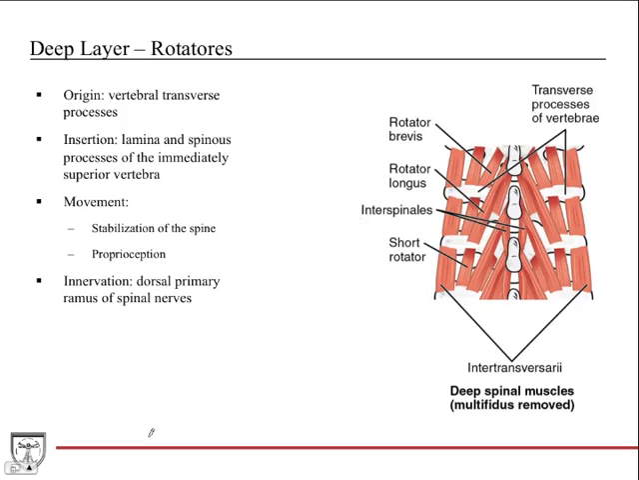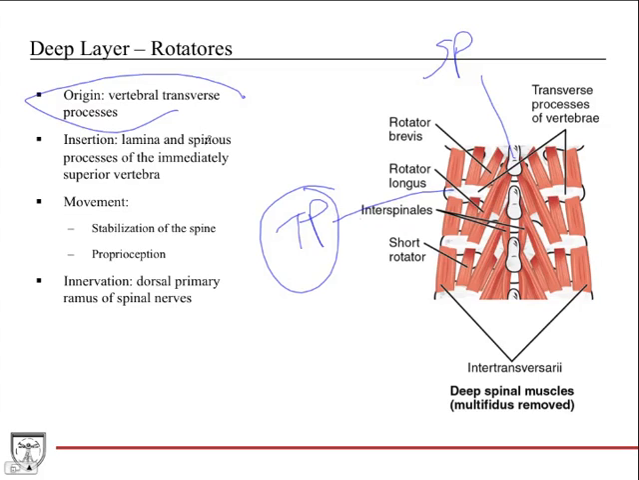Rotators. This is a zoomed in picture here, so these are your TPs, your transverse processes. These are your spinous processes, okay? So these are very deep muscles within the back, or within the spine. They originate from your transverse processes, so here, and then they insert on the lamina and spinous processes of the immediately superior vertebrae. We'll use these muscles here, and you'll sometimes see diagrams where they're broken down in even more